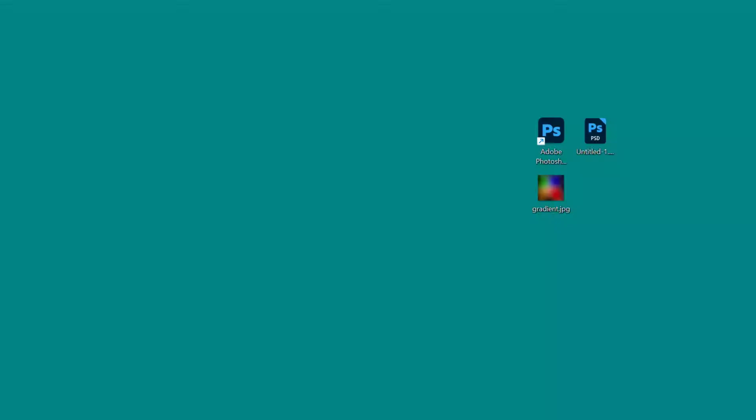If Photoshop is showing the error reading machine specific preferences, don't worry, this usually means the preference files are corrupted and it can happen after an update, a bad plugin, or low storage space. In this video, I'll show you the fastest way to fix it, plus an extra solution if the first method